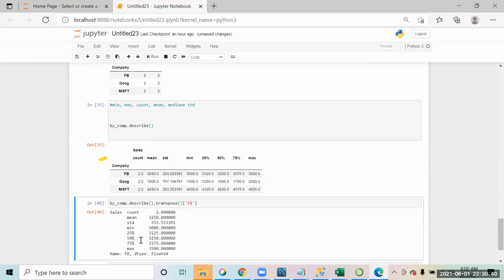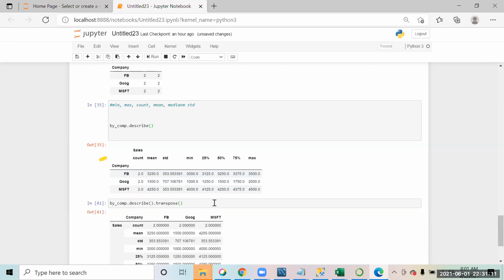So transpose is not just for Facebook, we can see the mean, standard deviation, and all that information. The transpose inverts the data, so rows become columns and columns become rows.